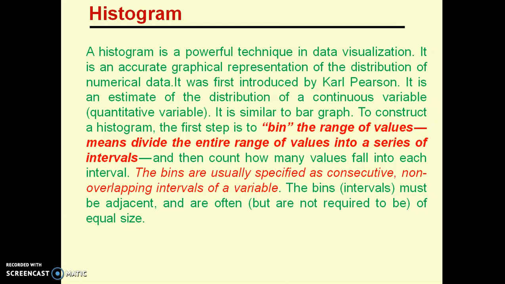Now mathematically you have seen that there are various rectangular boxes we used to draw. Now here in computer, in Python, you have different names for them. Like I will call them bin. In red you can see it clearly. This is bin. Bin is the range of values that divide the entire range into a series of intervals. This simply means the x-axis, means the horizontal line which we take in mathematics is our x-axis.